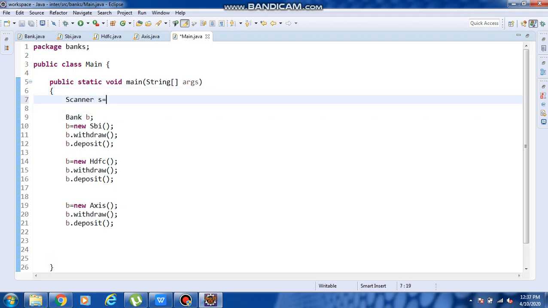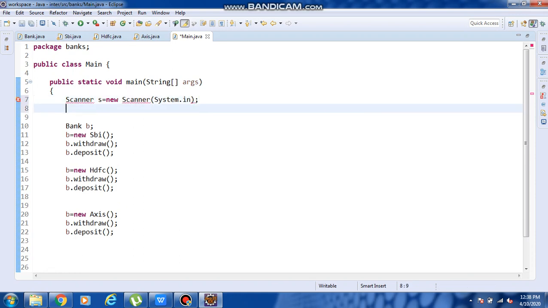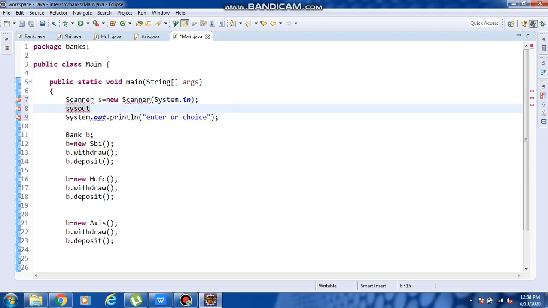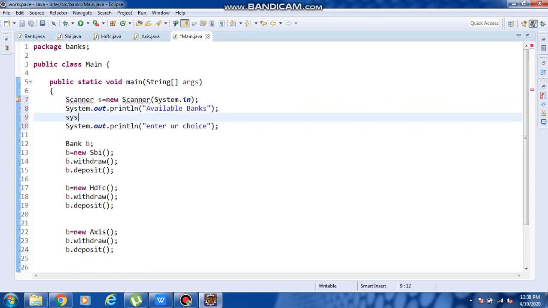I am using Scanner s equals to new Scanner, inside I am giving System.in. Next I am giving system.out.println, "Enter your choice." Before the choice, I am giving system.out.println, "Available banks," just for decorating purposes.